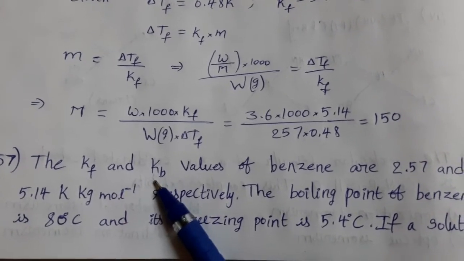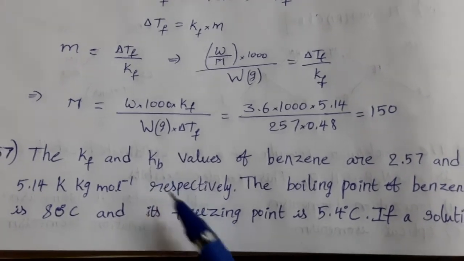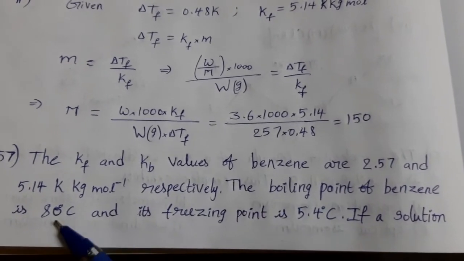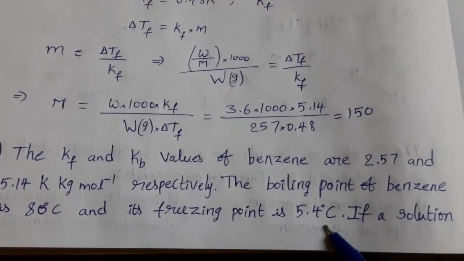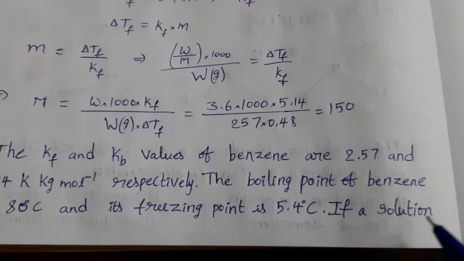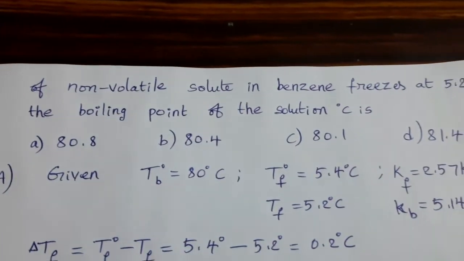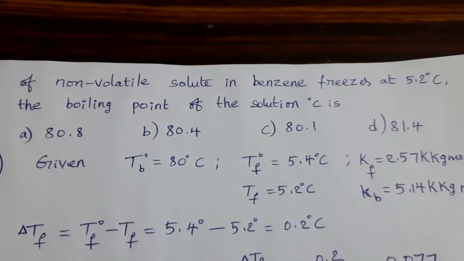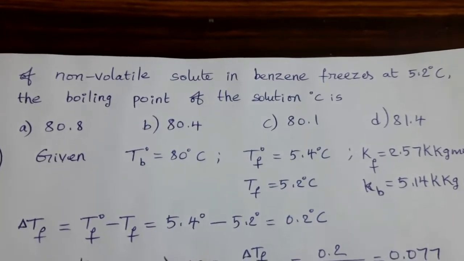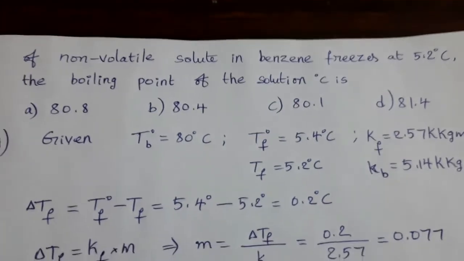Kb means boiling point elevation constant of benzene. The boiling point of benzene is 80 degrees Celsius and its freezing point is 5.4 degrees Celsius. If a solution of non-volatile solute in benzene freezes at 5.2 degrees Celsius, the boiling point of the solution in degrees Celsius is...